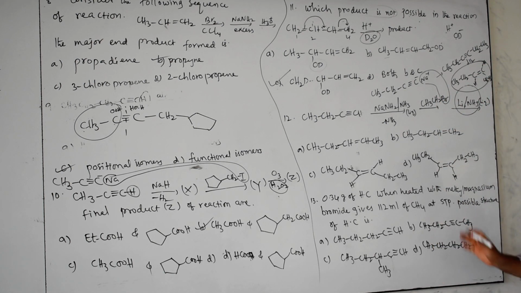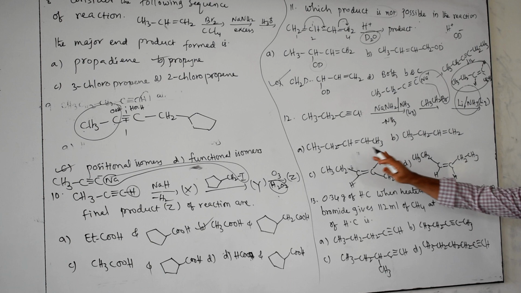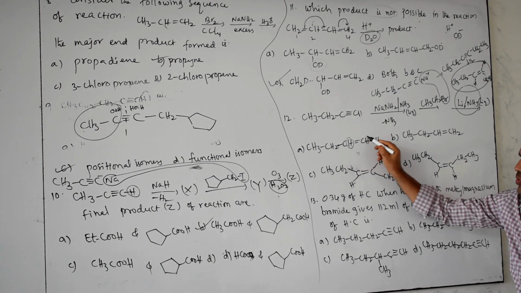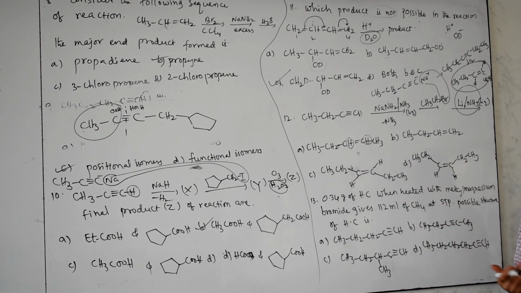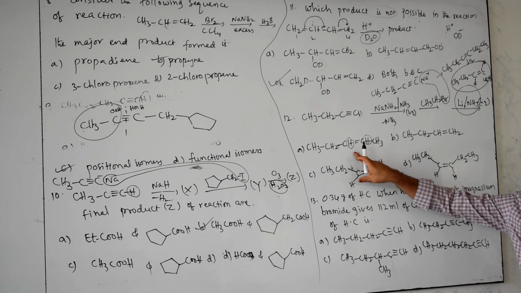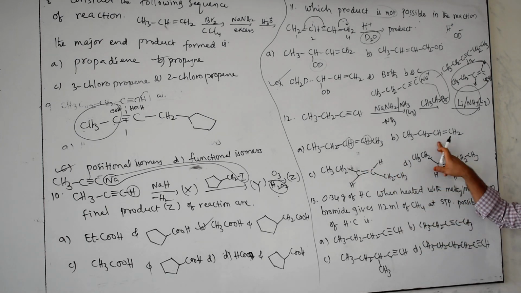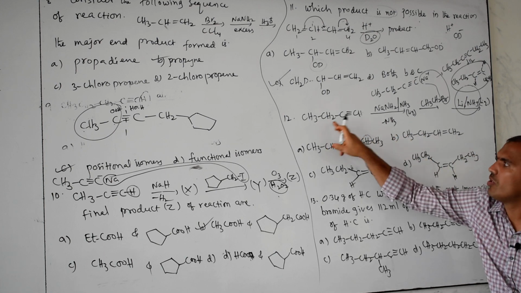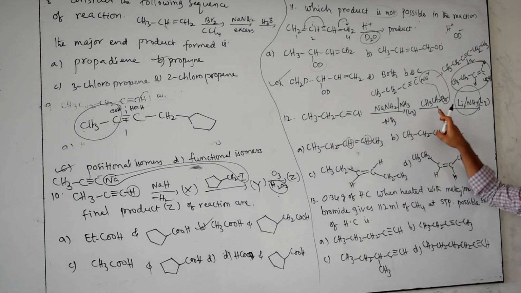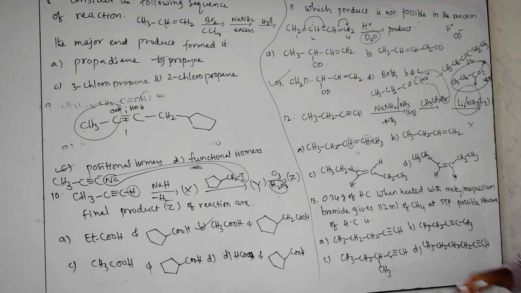Which is the trans one in this? Here this product is given, but which side the H is, cis or trans, they did not mention. That is not the answer. If nothing else is there, at that time we can select this one. We can check first. Here cis or trans is not given. Here 1, 2, 3, 4. Here 1, 2, 3, 4, 5, 6 is there, but here only 4 is there. That's why this is not the answer.